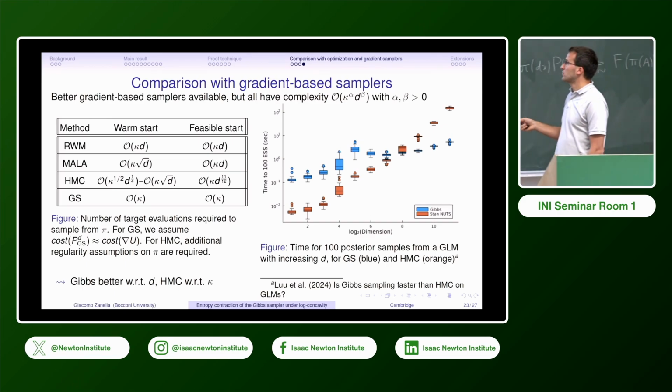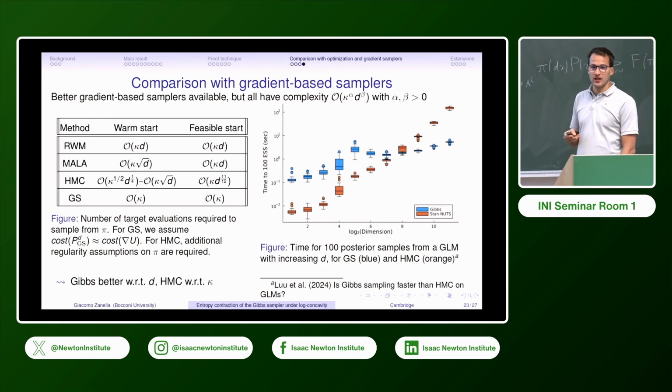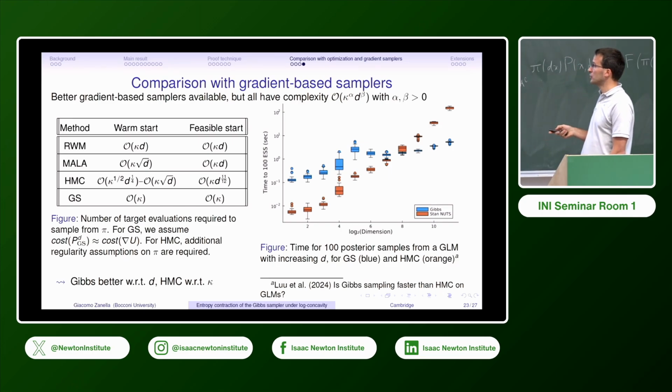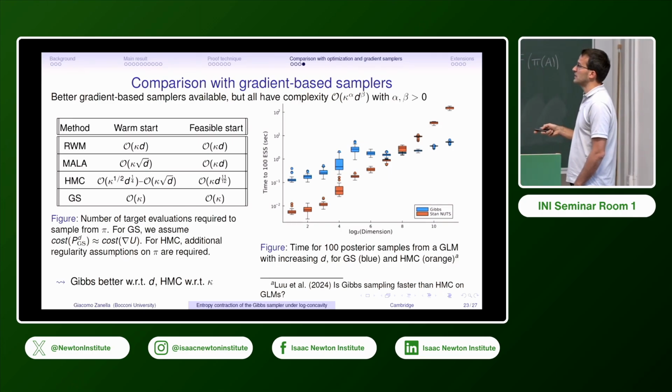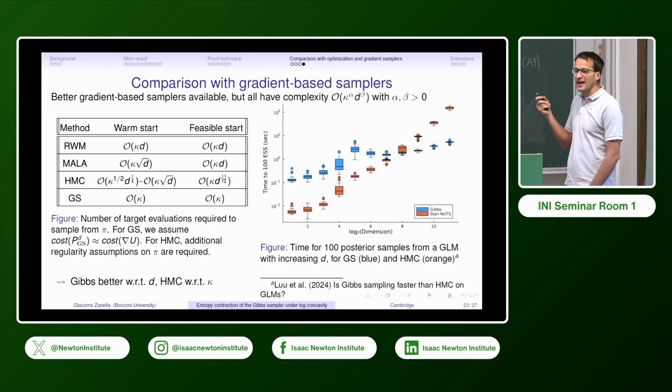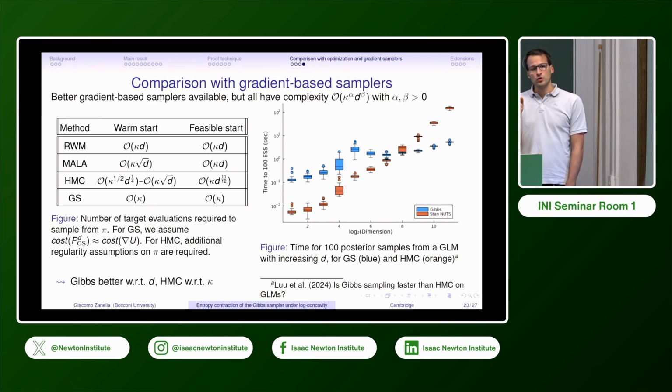So obviously here I'm assuming that you can evaluate full conditionals. I mean, doing the full conditional evaluation is the same cost as doing one joint evaluation. Otherwise, obviously, this would be order kappa d, and you would not use conditional updates. At the end of the day, intrinsically, if you want, the fact that you can do cheap conditional updates